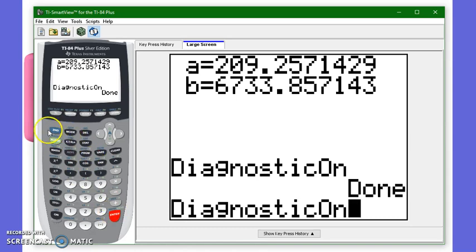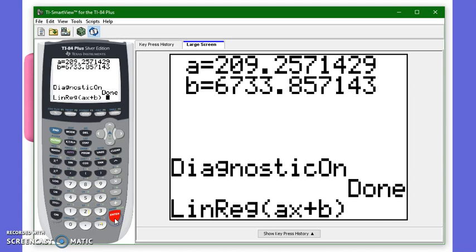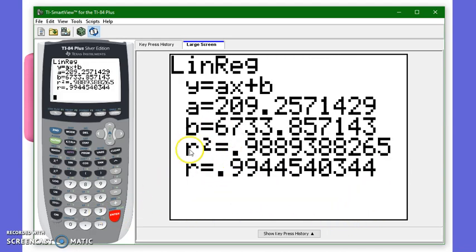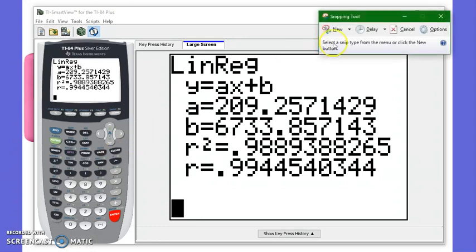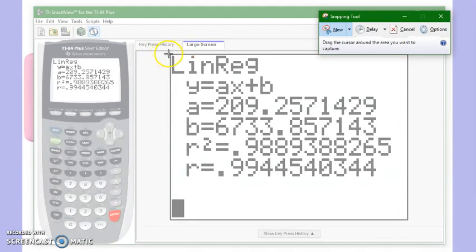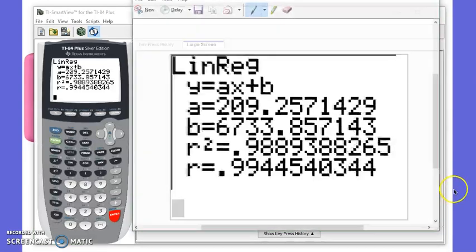So if I hit second enter a couple times, it brings back what I've typed. Again, no other fancy stuff. If I just hit linear regression, it'll also give me that correlation coefficient. And notice R was equal to 0.99. That's a pretty darn good correlation coefficient. So what I'm going to do is take a quick snapshot of that and bring it back to my main screen, okay, so that I can copy all of that down